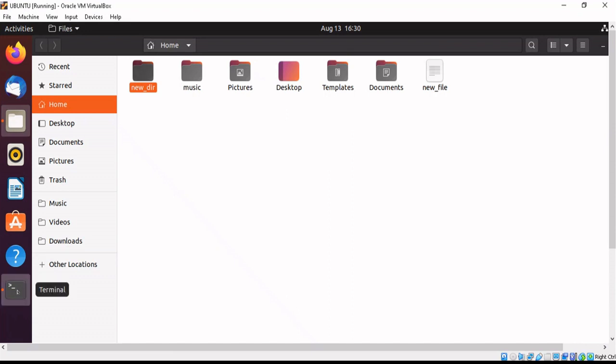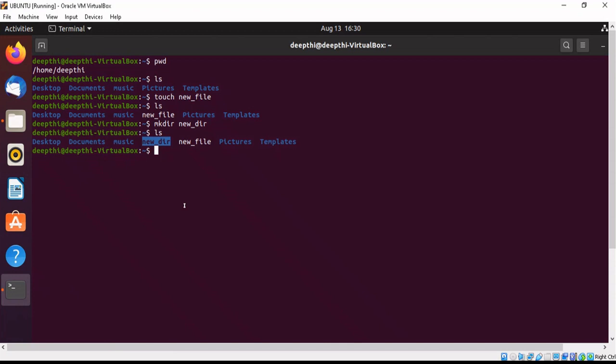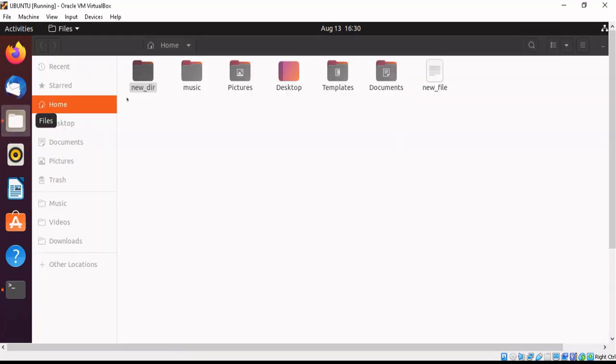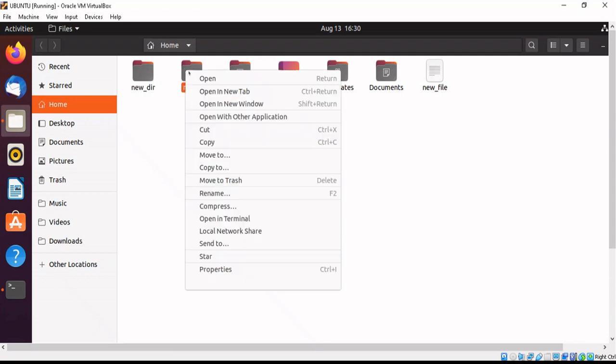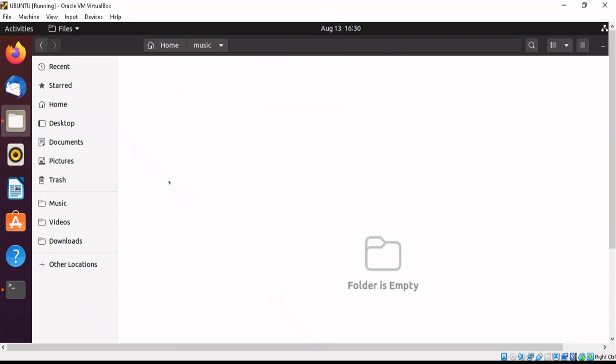Now the next thing is, let's say I have to enter into some particular directory. In this present working directory, that is the home directory, we have so many directories, right? Subdirectories. If I enter this music directory and I open it, I find that there is nothing available inside this. But initially I want to enter into this.